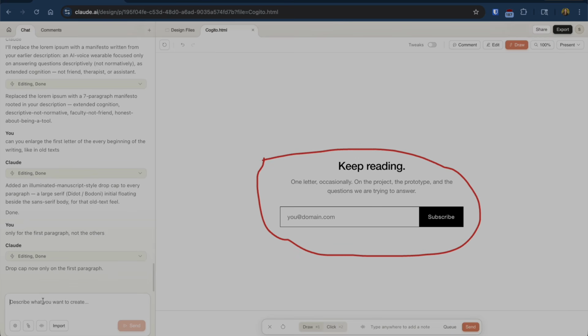And I want to say that, type anywhere to add a note. Type anywhere to add a note. Oh, okay. All right, so